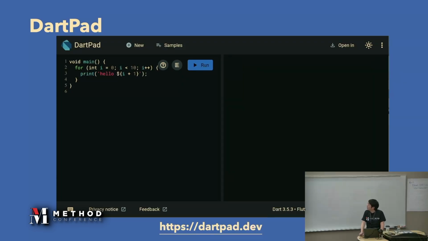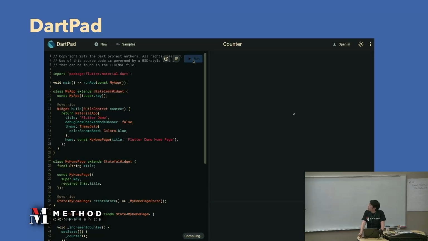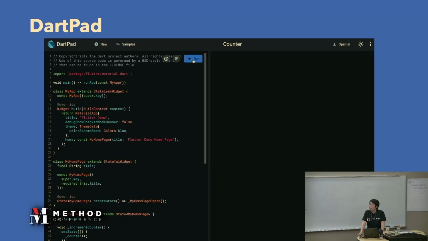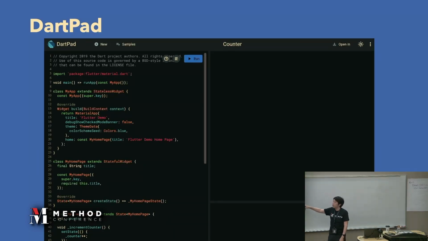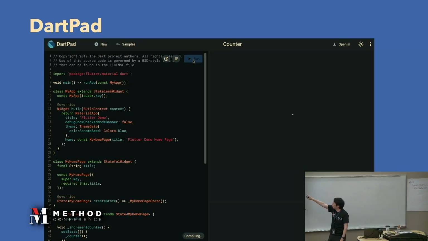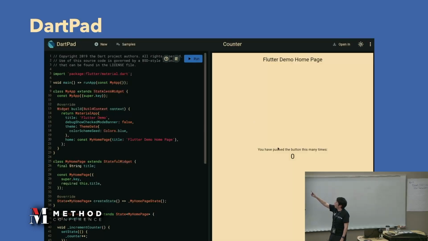So we don't have to install any tools on our laptop or PC. And luckily, sometimes we have to create the user interface, and that part supports all these UI. So after writing the Flutter source code, we can run this app on the browser.